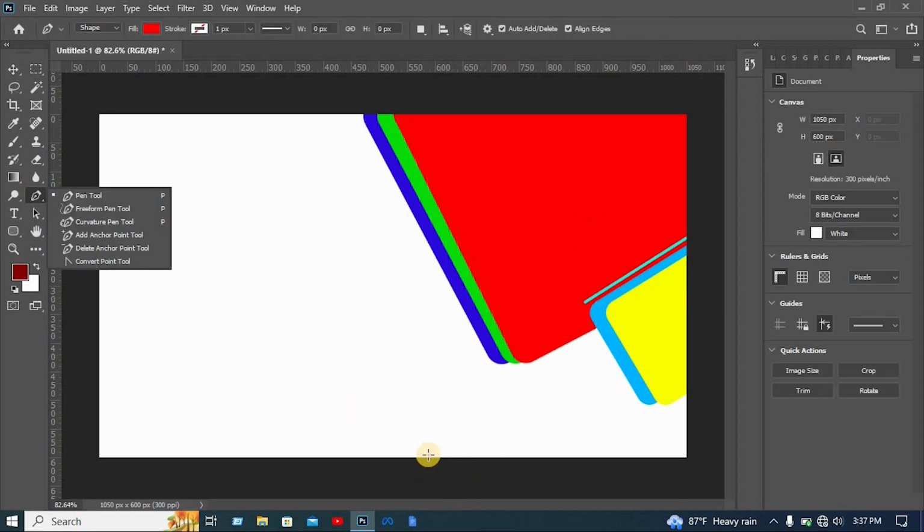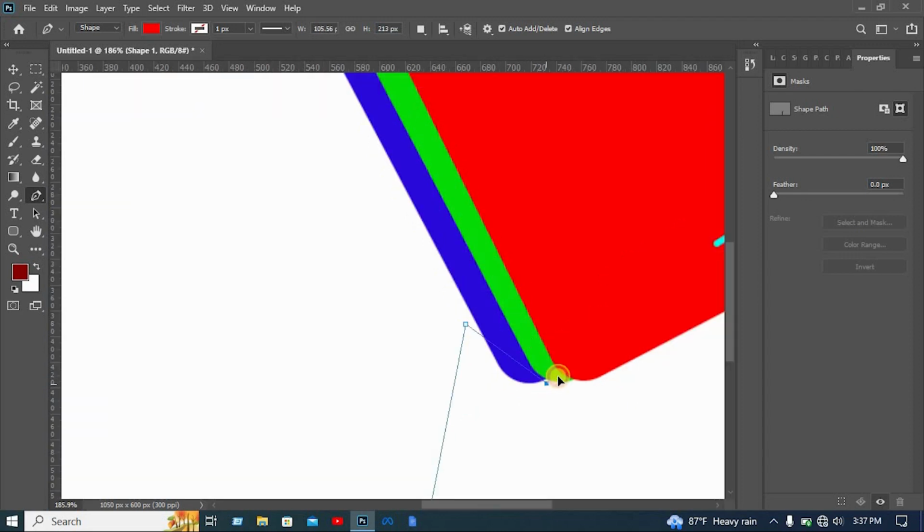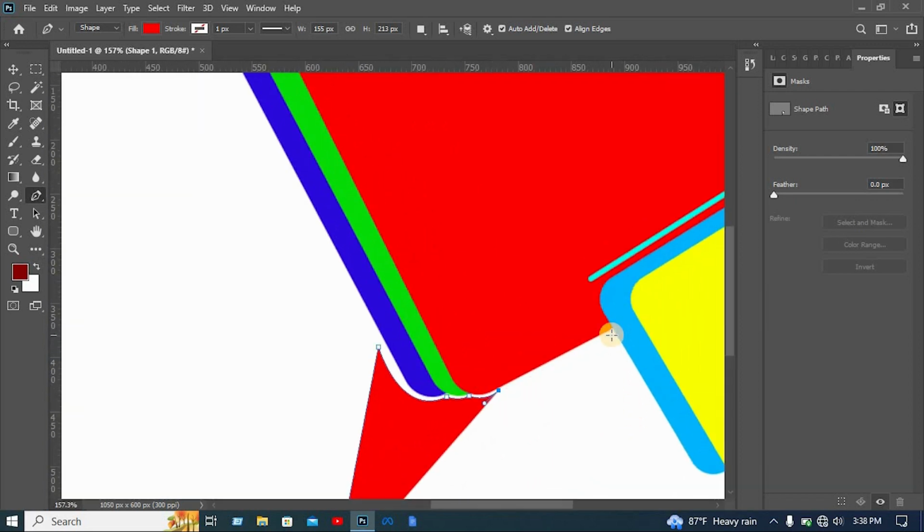Select the pen tool again, then you have to click on here, then you have to click on here, then you have to click on here and draw a curve, then you have to press and hold the Alt key, then click on the anchor point, then click on here and draw a curve again, then press and hold the Alt key, then click on the anchor point again, then click on here and draw a curve again, then press and hold the Alt key, then click on the anchor point, then you have to click on here,